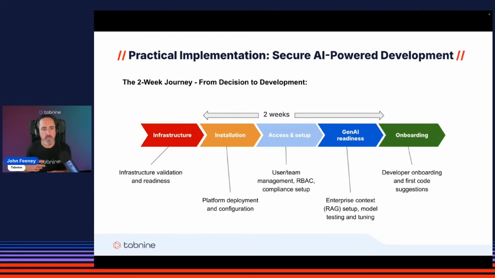Speaking from experience, it's at this point that we typically bring in a customer success manager to deliver training and ensure that the users are enabled and can hit the ground running. So that's the 2-week time frame. By the end of this, your developers are getting AI-powered code suggestions that are tailored to your specific domain, following your coding standards. And as I say, it's all secured, all the interactions stay within the boundaries of your environment.